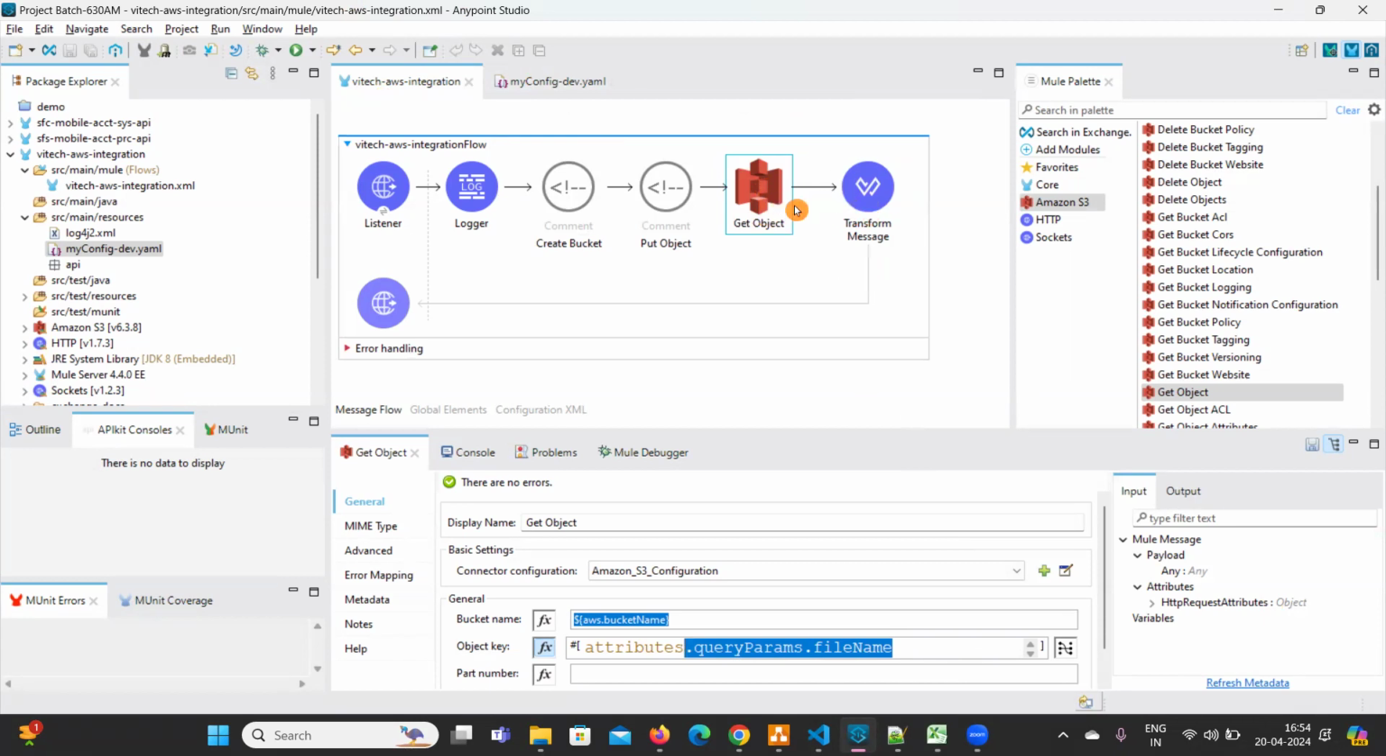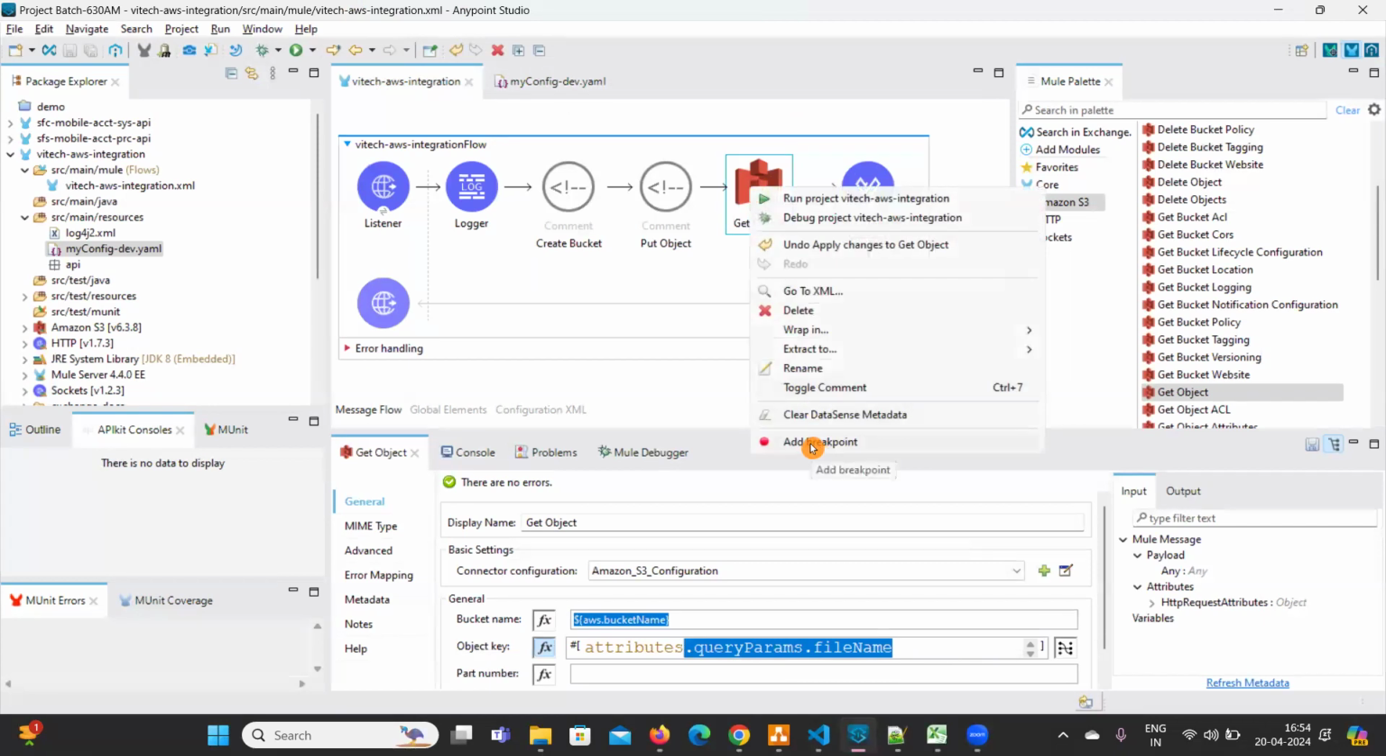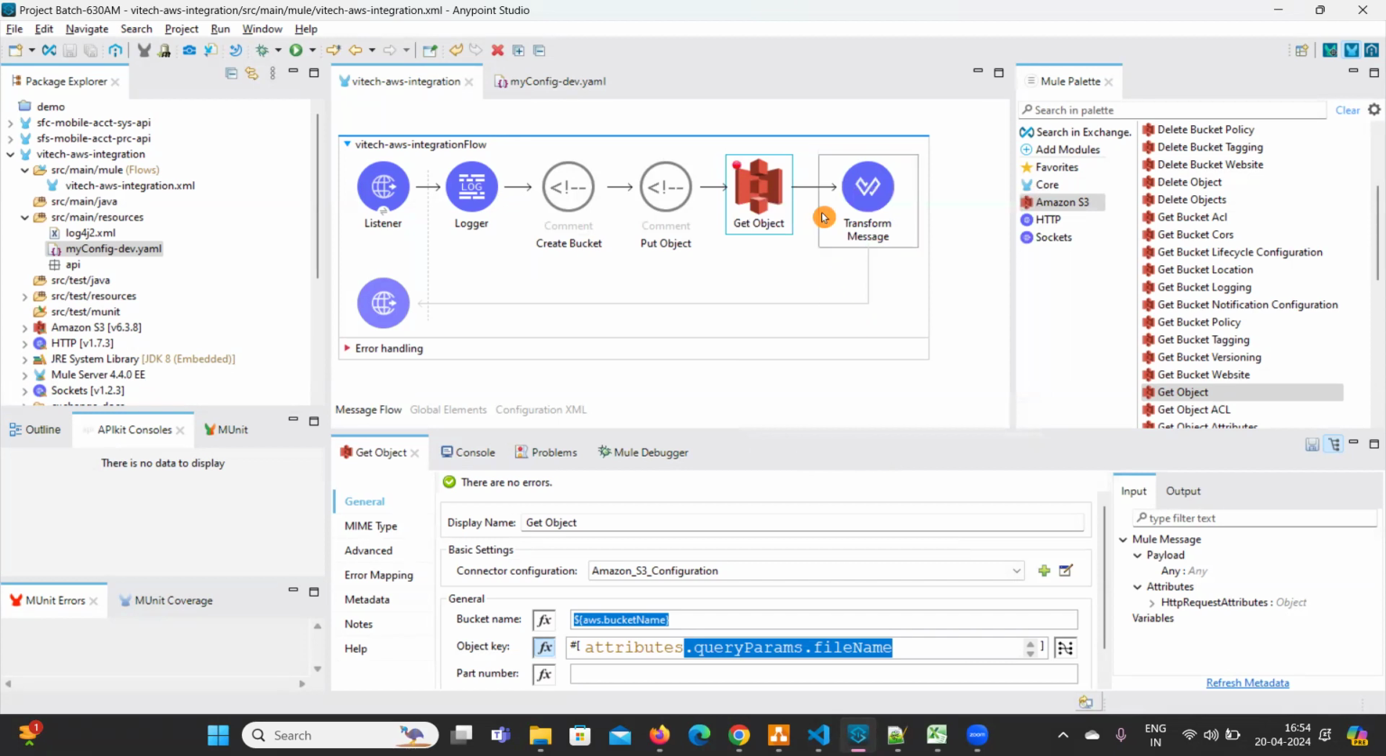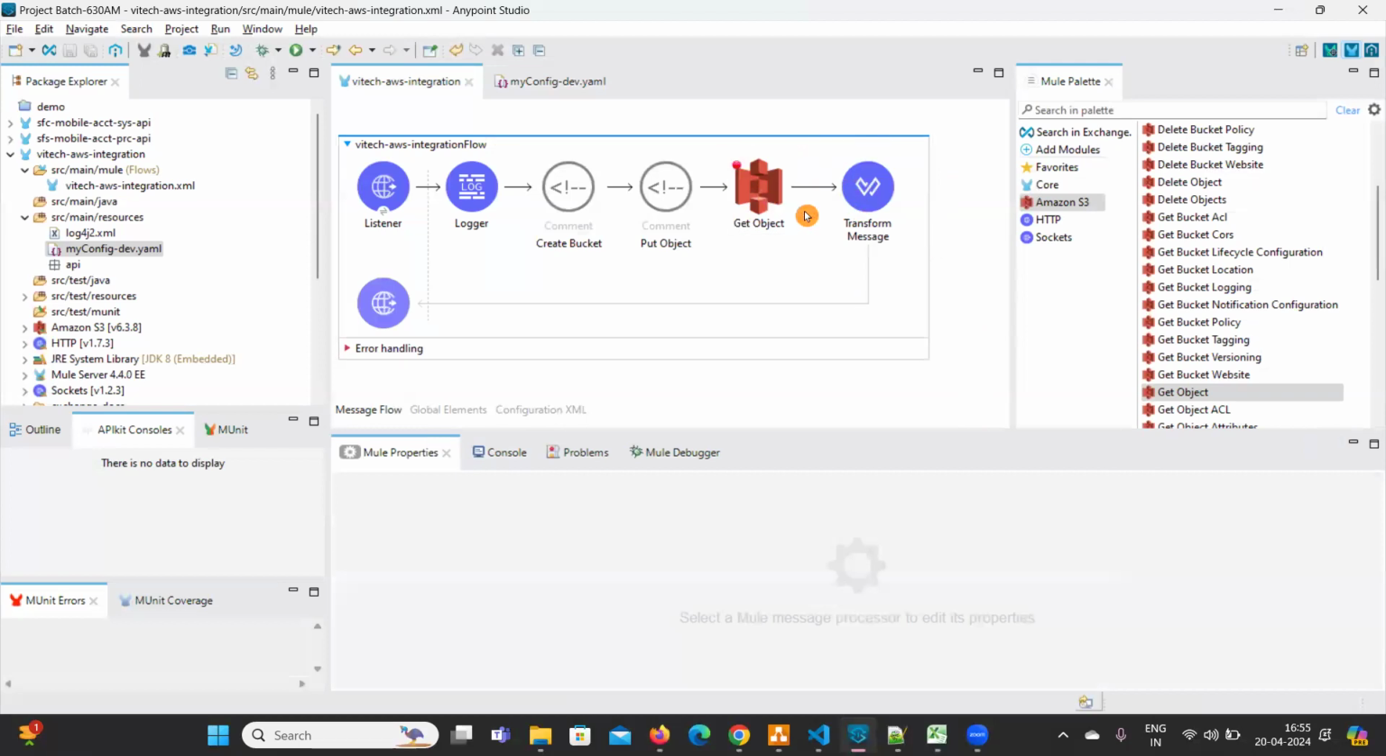After reading this data, let me keep a breakpoint here as of now. Now, one part is done. First, let's configure everything and we'll see what issues we are going to face. Now, what we need to do is insert the data